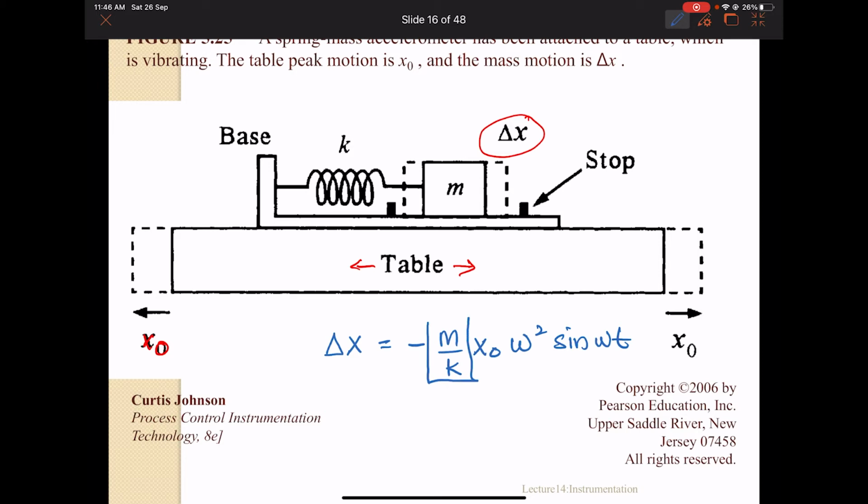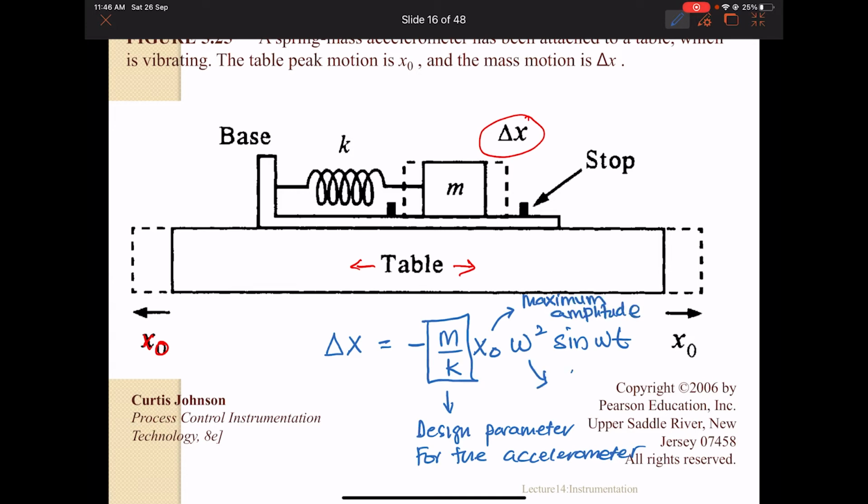M over k here is the design parameter for the accelerometer. X naught is the maximum amplitude of the vibration. And omega here is the frequency. Since x naught is also fixed, meaning that the vibration must have a fixed maximum vibration amplitude, therefore the changing variable